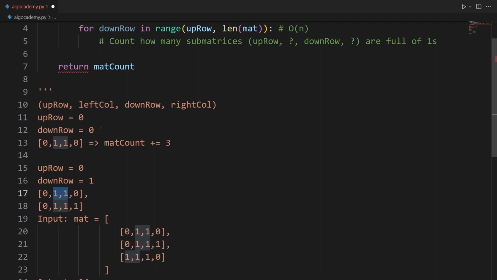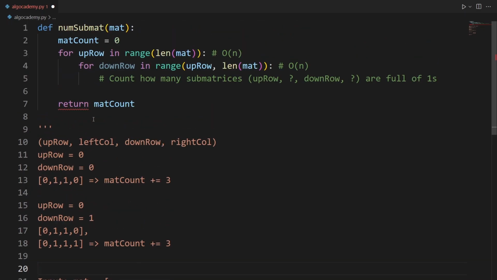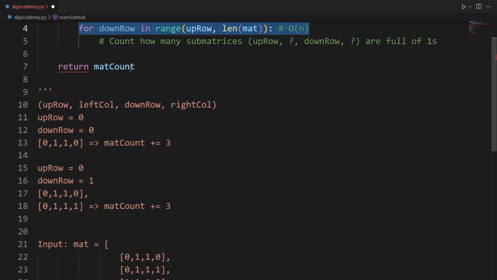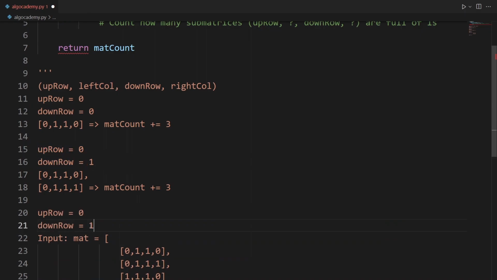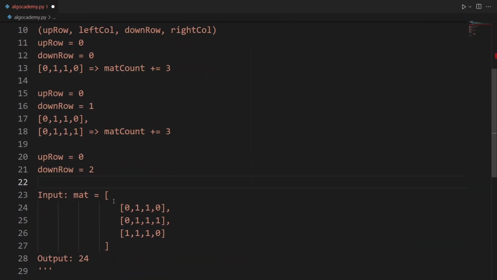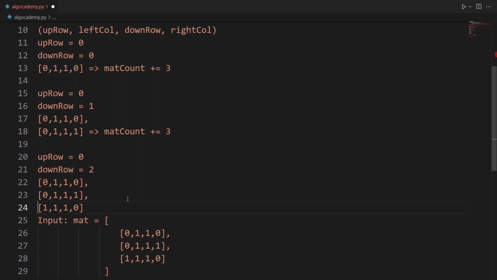So the submatrices full of ones with upper row 0 and down row 1, which we will count at this step, are going to be this one, and this one. Which means that match count is going to get incremented by 3. Then we will move to the next iteration of this for loop. Down row is going to get incremented, so let's copy paste this, and down row is now 2. So we are interested in submatrices that have the upper row 0 and the lower row 2. It's like we slice this section out of the matrix and we look for submatrices full of ones. And we are going to find this one,